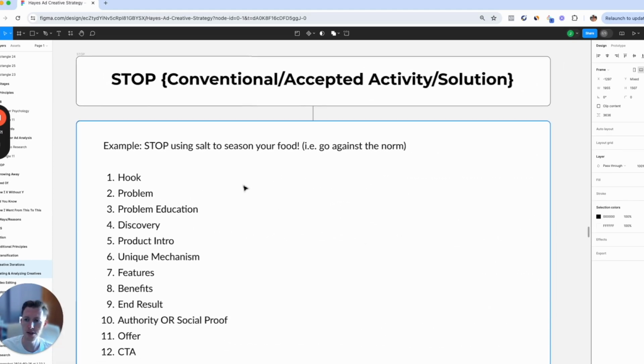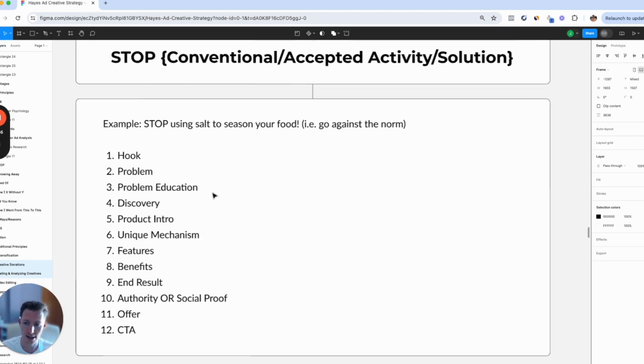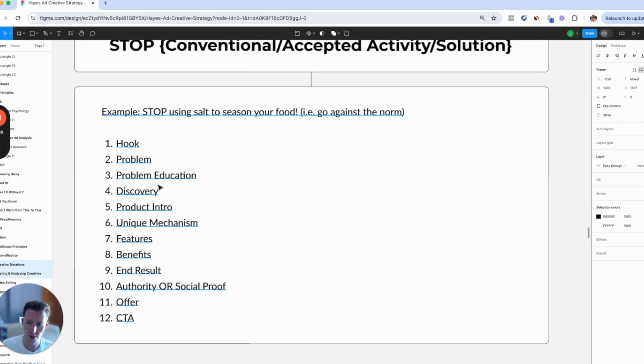And then this one is "Stop [insert conventional accepted activity or solution]." An example of this is "Stop using salt to season your food." You want to go against the norm here. You want to create some polarization that hooks people in. And then you want to talk about the problem education, the discovery, the product intro, the unique mechanism, and again, a very similar ending. But the important thing here is that you say this, but then you immediately back it